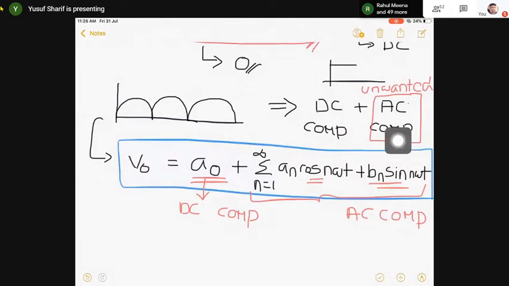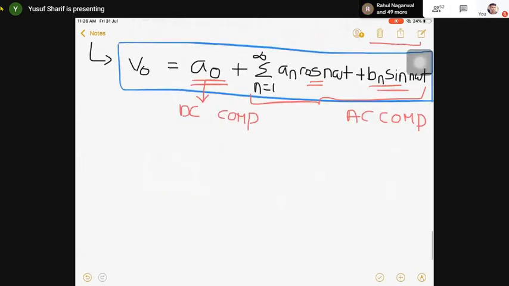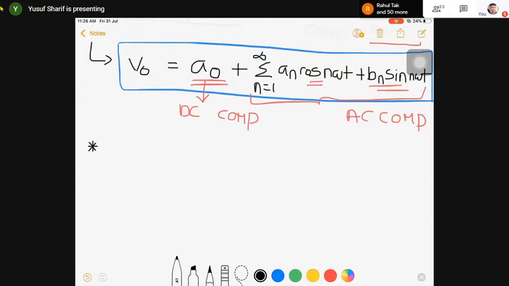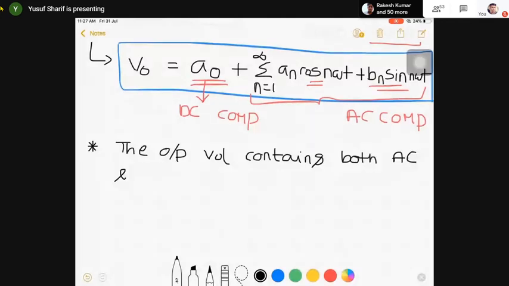एक signal में you'll be having a DC and the AC component. Okay, so now we can define this form factor. को एक मैं statement लिख देता हूँ यहाँ पे. I'm writing the statement: the output voltage contains both AC and DC component. Is this okay? ये जो statement मैंने लिखा है, unless and until it is pure DC, जब तक pure DC नहीं मिलेगा तब तक I'll be having an AC component as well as the DC component. Is this fine? Okay.